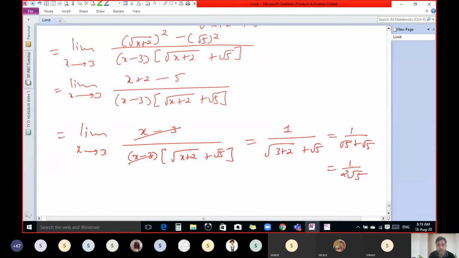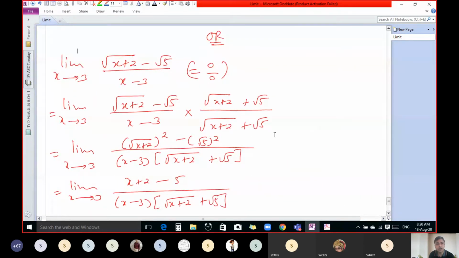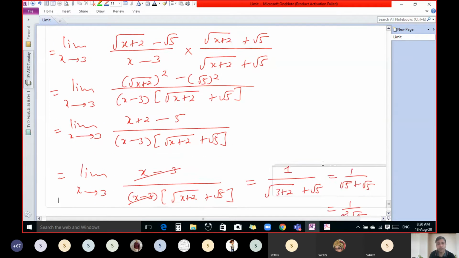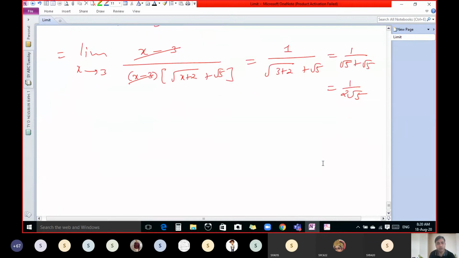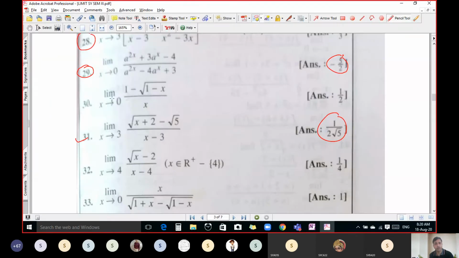So that is another way to solve the question when there is an involvement of square root sign. So here we have to use the concept of rationalization. To do the practice for this type of question, let us do a few more questions, so you get good command on this type of question. Let us do question number 30.